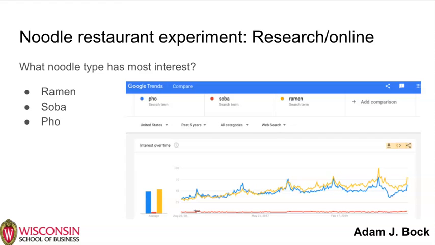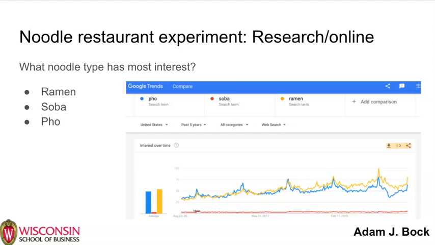And so one very simple tool that you can use is Google Trends. And if you've never used Google Trends before, then I strongly recommend checking it out to see, because it's highly entertaining. There's all sorts of fun things that you can look up. It's free, and you can do comparisons. And so here is, you can see on this slide, the result of a simple trend search comparing pho, soba, and ramen noodles. And basically all this is measuring is how often do people search for these topics.